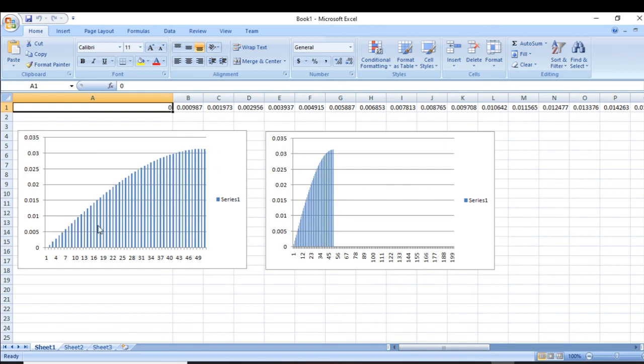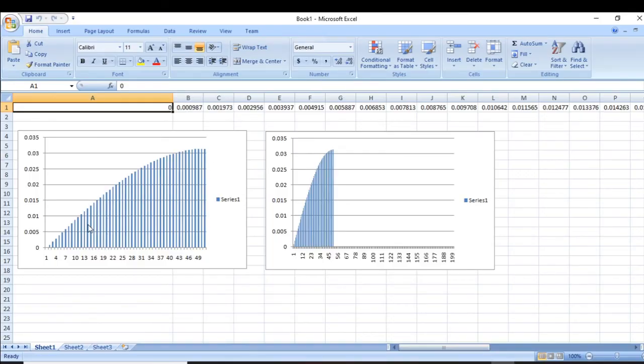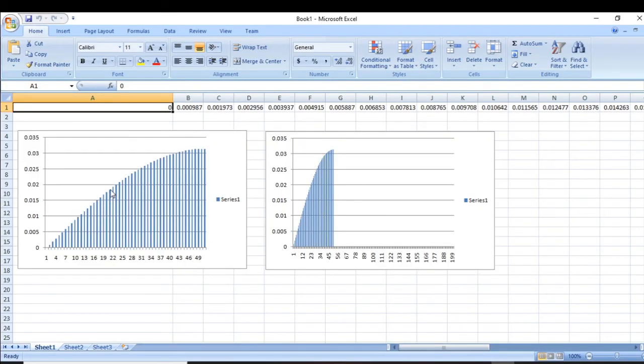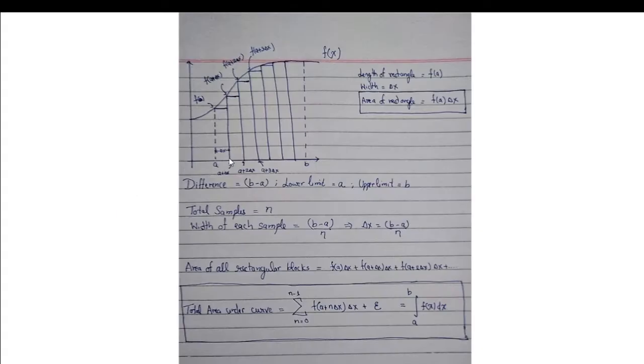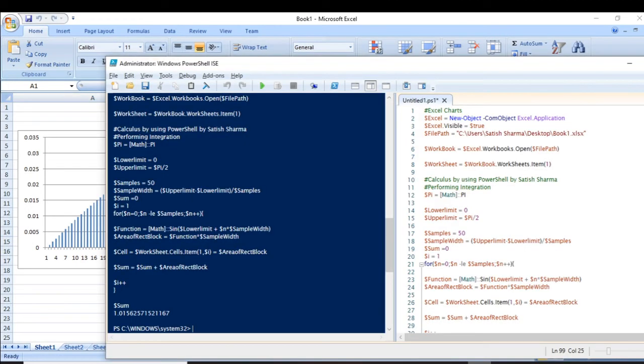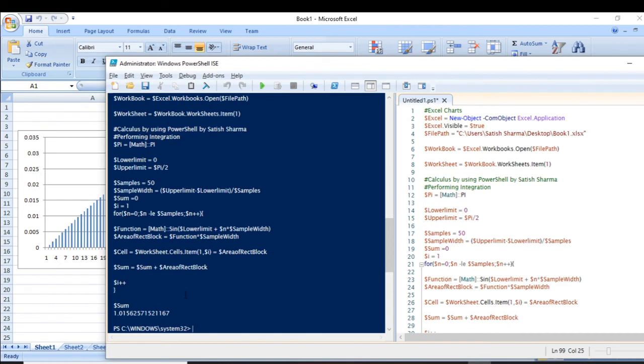You can see here that this is delta x, this is f of a, that is the value of a, and this is the delta x here. So we are doing the same thing here. The PowerShell is doing the same thing. It is calculating this area, then adding the next area, adding all the areas together, and then it is giving us this result,